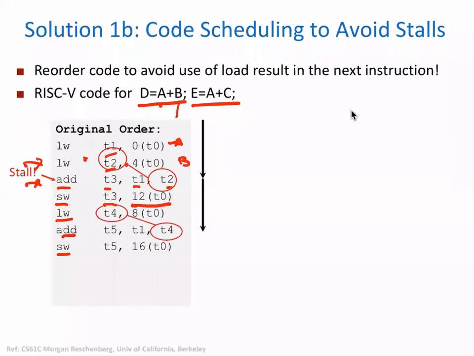Similarly, there is a dependency with T4. Here we are loading the value of T4, and that value is not yet available, though we are trying to use it in the next instruction. Very similar to the earlier case. Again we need to put a stall here, and the pipeline will be frozen for some time until the value is available. Now, can we rearrange these instructions?